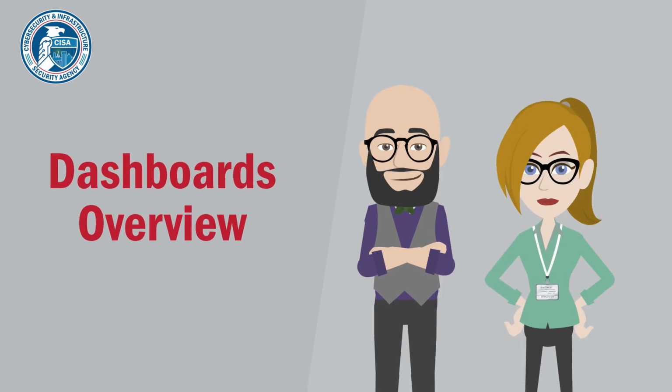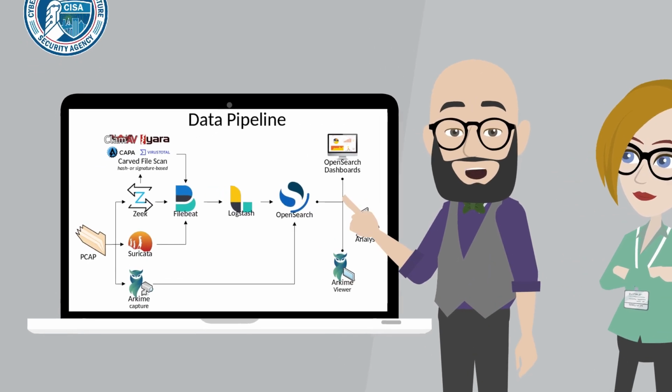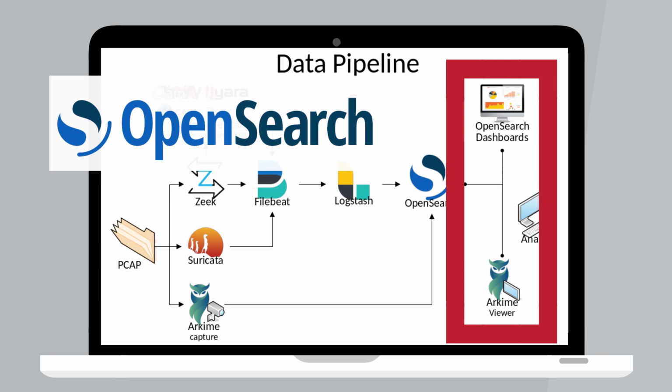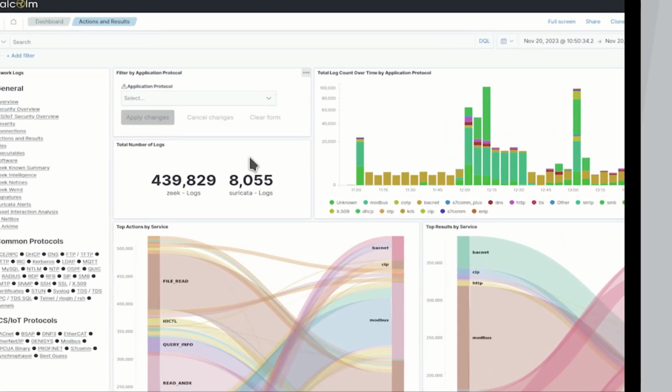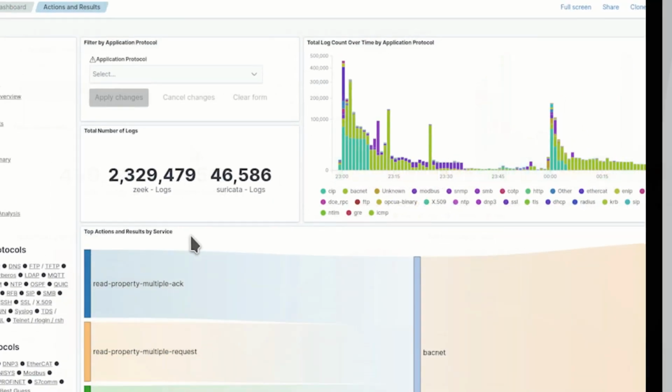Welcome to the Dashboards overview. Malcolm analyzes the network data and then represents it through visualizations which are easy to understand. OpenSearch Dashboards is one of Malcolm's two graphical user interfaces for traffic analysis. Dashboards is a flexible data visualization plugin with hundreds of pre-built visualizations across dozens of dashboards, providing an at-a-glance overview